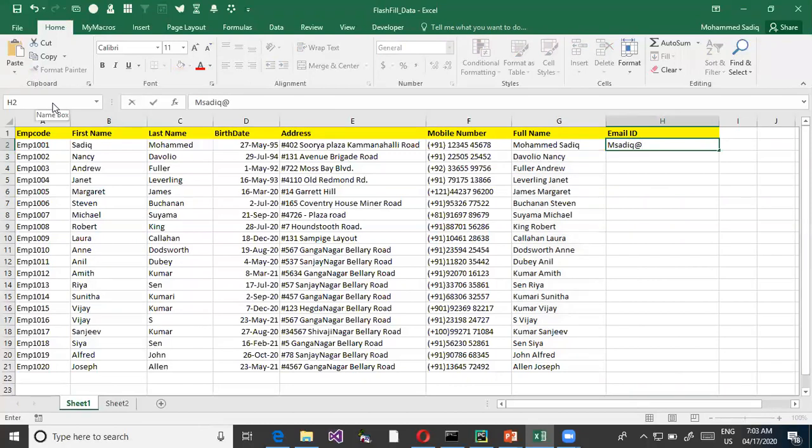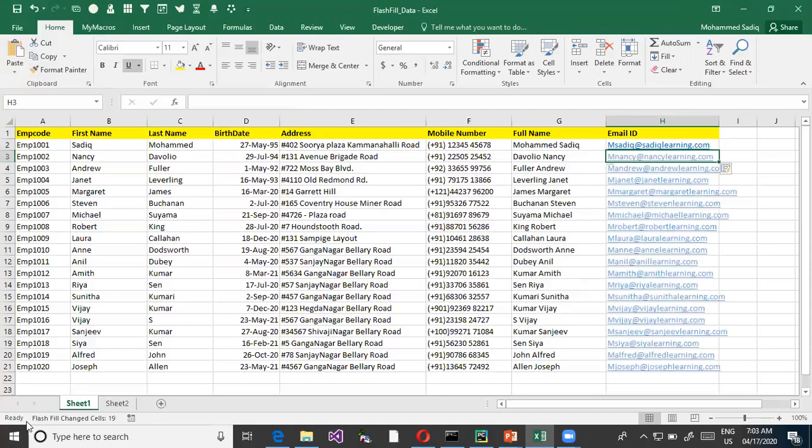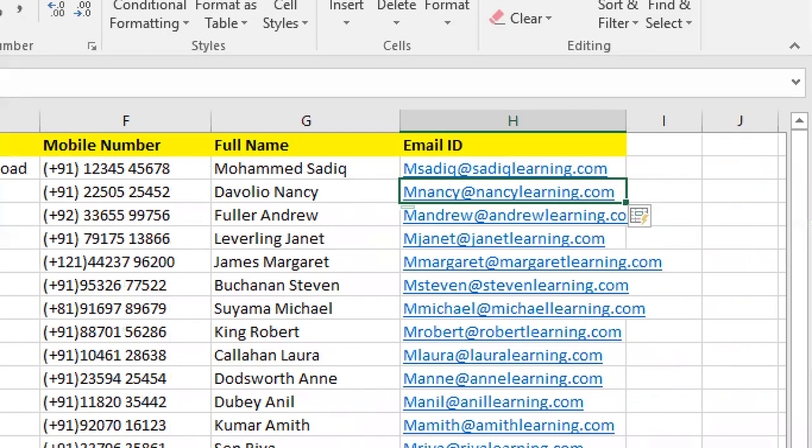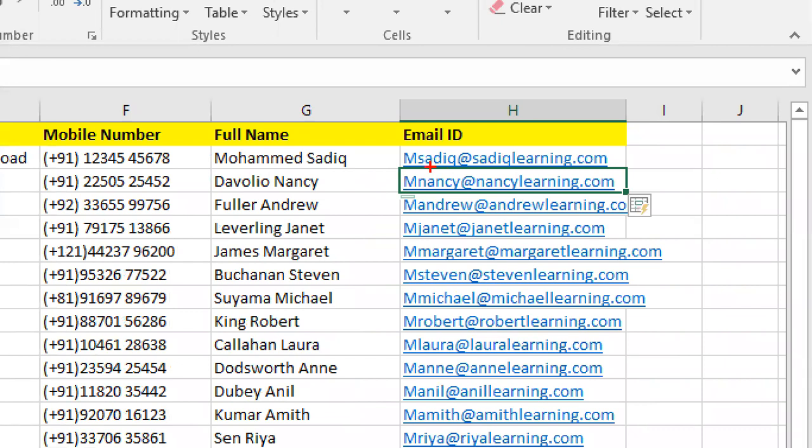Then I say my company name, say Sadiq Learning.com. Fine. I've just given this particular thing. Now what I want is, based on this similar kind of pattern, I wanted to fill. So when I hit Control+E, you can see what happens is it has understood Sadiq is one of the names, but it did not understand how this particular M has come. So everywhere what has happened is it has taken M and the last name at